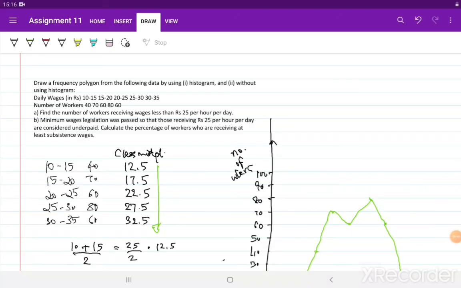Now if you notice, the last bit says that the minimum wages legislation was passed so that those who receive less than rupees 25 per hour are considered underpaid. You have been asked to calculate the percentage of workers who are receiving at least subsistence wages. So at least subsistence wages would mean they are receiving either rupees 25 per hour or more. So in such a situation,